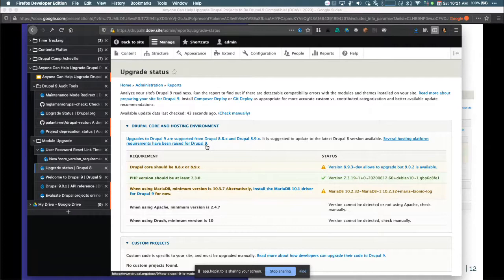And so some of the notes here, like about the database needing to be updated, that's related to what I'm running on my local setup here. But it gives you all these requirements for the environment, which is good. That tells you to go check your hosting environment where you host your project. It talks about custom projects. Those are projects that need to be upgraded manually. It's projects that it's not aware of in the community. Probably something you wrote or had a developer write for you. And then contributed projects. So we see 2 projects, and I've already run the scan,